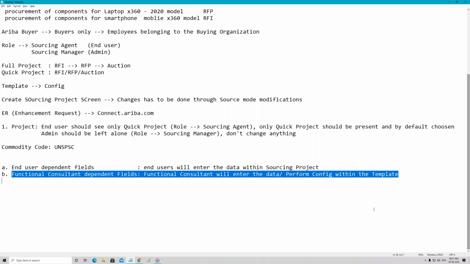When we come to the template configuration session, the first thing I will touch base on is the design approach. How you are going to design this particular template. So in detail, we are going to look into this. And one last question. I'm talking about the enhanced requirements, ERs. You are saying make them as limited as much.